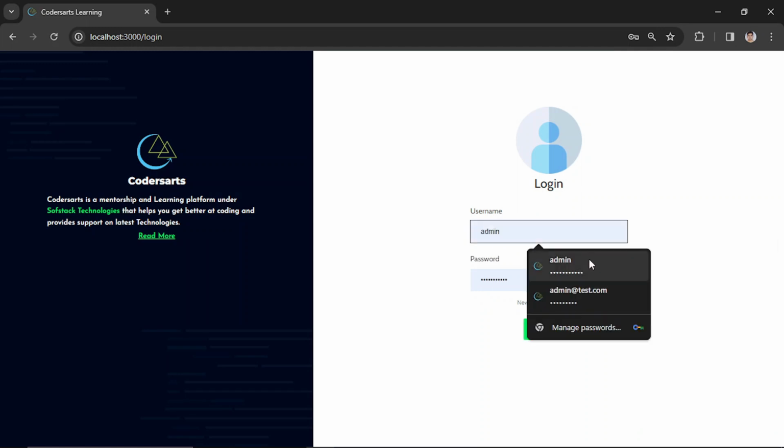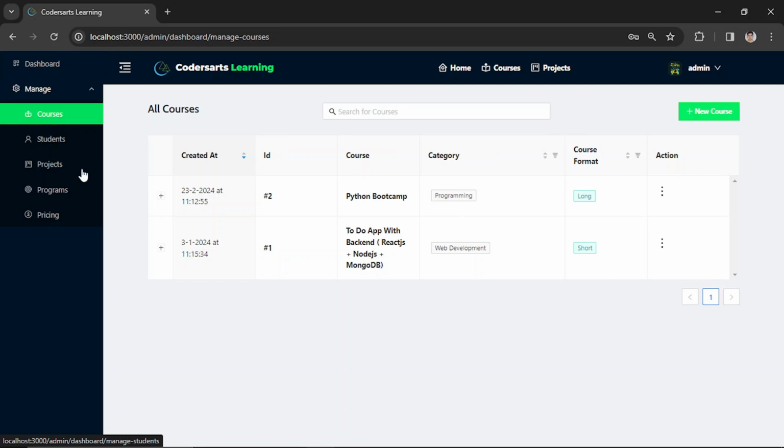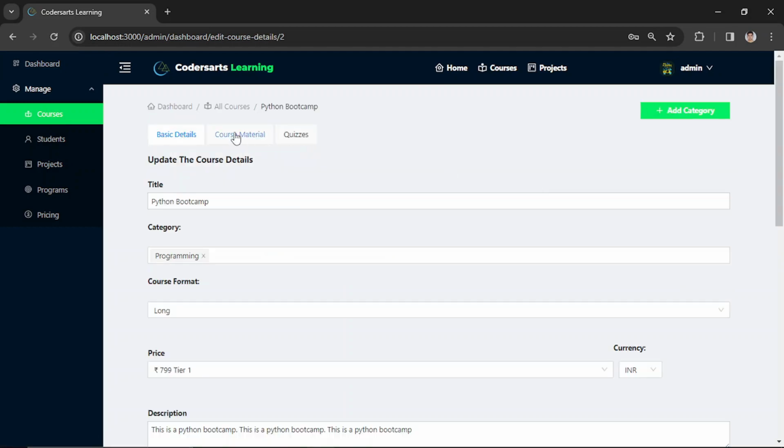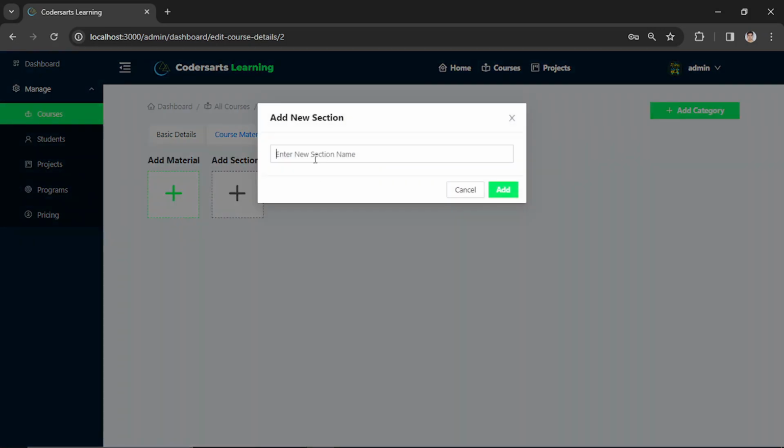Here, let me just log in as an admin and show you the courses. So recently I added the price tier in this. Earlier, the courses part was completed, where we can add courses and course materials. Here we can add course material whatever we feel like to add by adding the section name first. Let's say introduction,